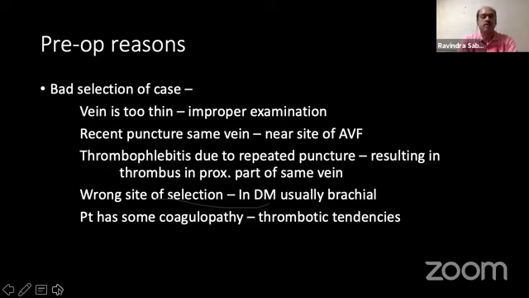Sometimes the wrong selection of the case, because usually in the long-standing diabetes, when they get CKD or ESRD because of the diabetes, there is usually microangiopathy, and the peripheral arteries usually are not sufficient enough to get the appropriate flow. And therefore, in the long-standing diabetes, if the pulsations are not that much, if they are feeble, and if you select the radial fistula just because the vein side is good, that is not sufficient at all. So that is what is the selection of a bad case. This patient, if there is a feeble radial artery, has to go for the higher or a brachial fistula.